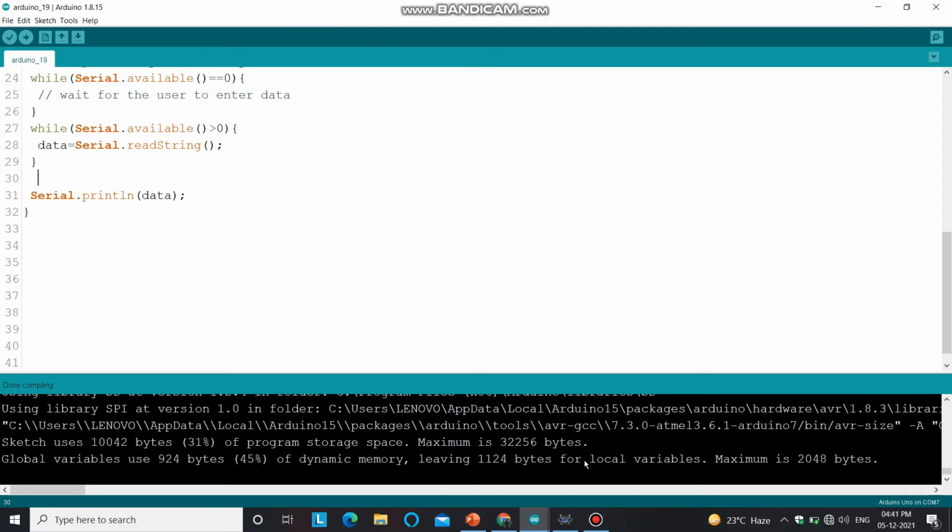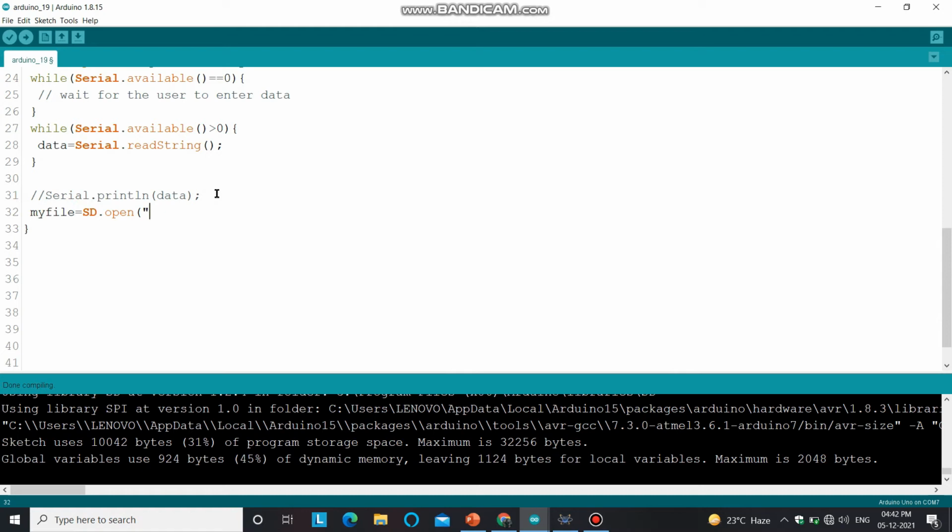Now it's time to create a file inside an SD card and write this information into the SD card. So let's just comment this section and create a file. What you have to do is call your myFile variable, myFile equal to SD.open method. This holds two parameters. One is the name of your file and another is the mode of the file. Mode means in which mode you want to open this file, either write or read.